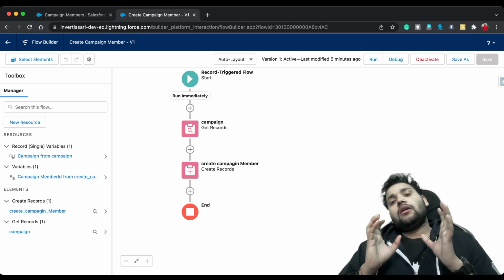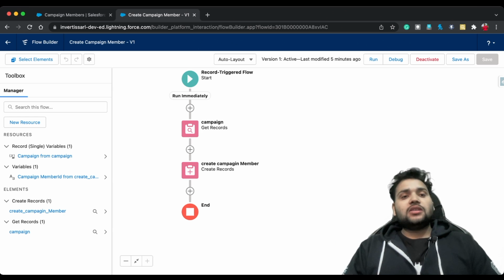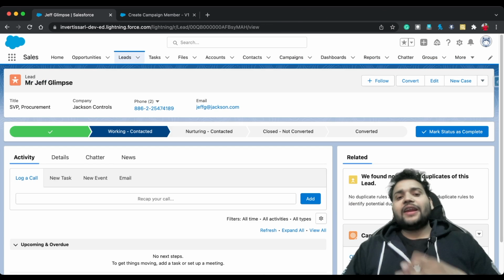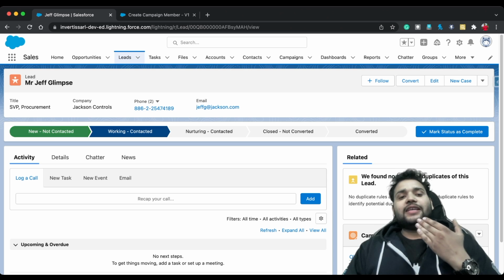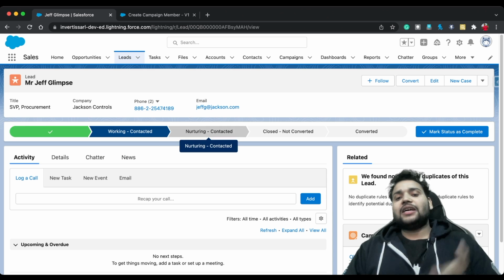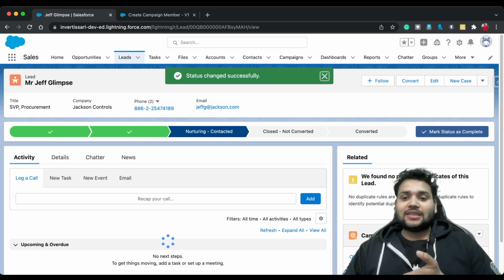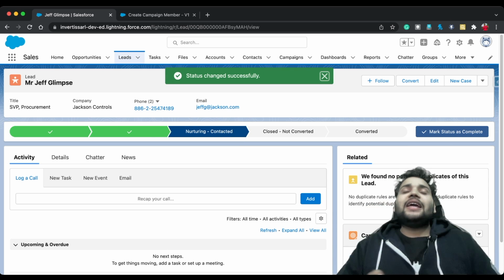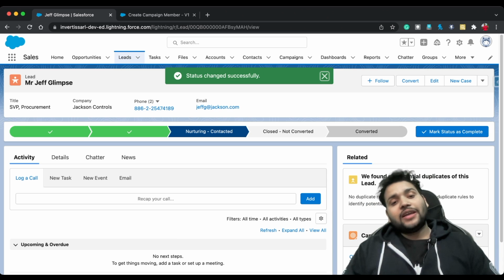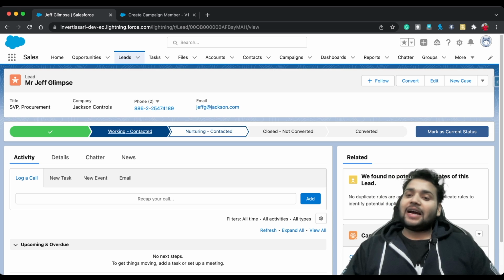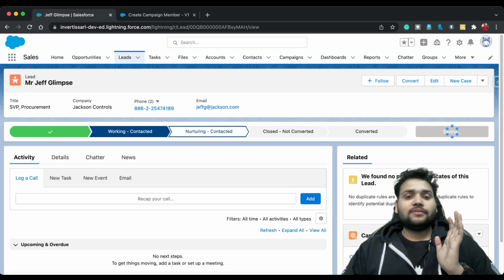like what if someone changes the status of Jeff Glimpse from Working - Contacted to, let's say, New - Not Contacted, or some other status like Nurturing - Contacted. Let's say Mark as Current Status, and let's say someone again changes the status to Working - Contacted, and again marks as current status.